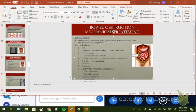Trying to think. IV fluids. Sorry, I'm thinking. NG tube does decompression. IV fluids for fluid shift, shifting from bowel. Antibiotics to treat the bacteria. I'll have to post this lecture back. And electrolytes. All right, does that make a little more sense? So they will be getting IV fluids, NG tube, and then they'll...